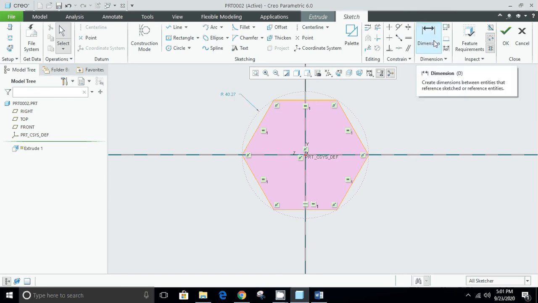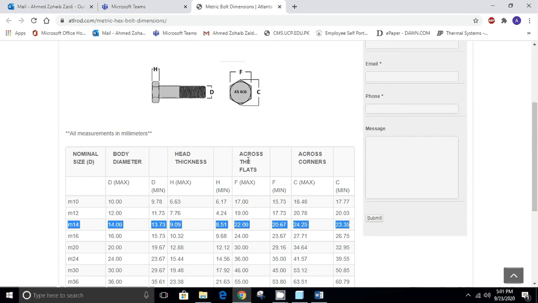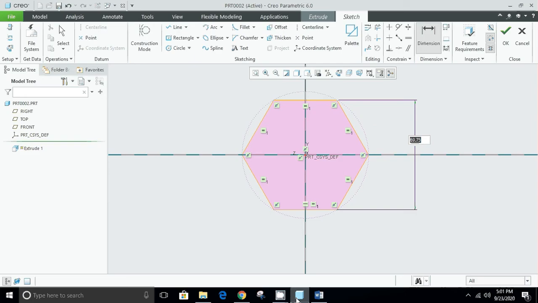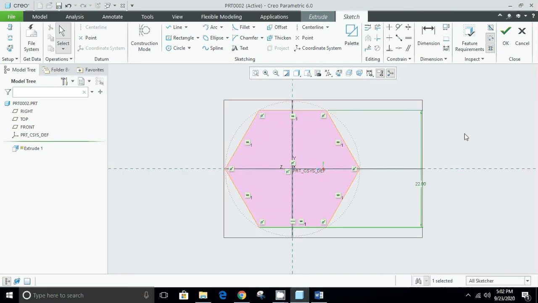If I press this dimension button and first select this flat line, then this flat line, and press scroll, I will be asked to give it a dimension, and its dimension across the flats will be 22 millimeters. 22. Press scroll and select this and move this dimension near it, and then press refit and press OK,